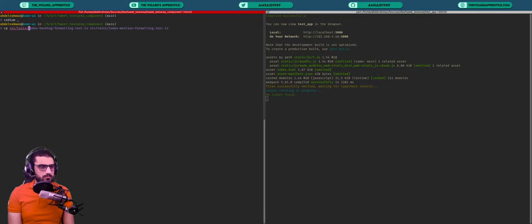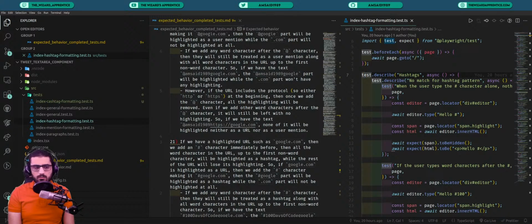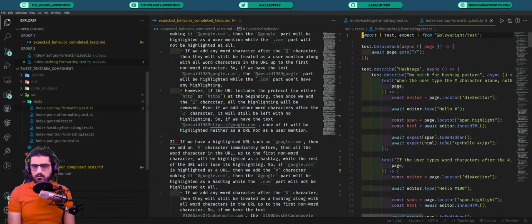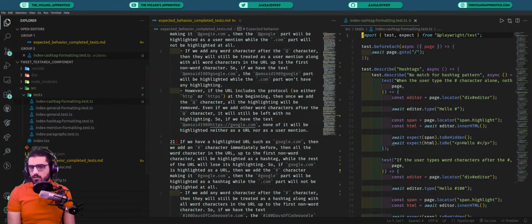cp source tests index hashtag, source tests index cashtag, and then let's just replace this like that, so it's cashtag instead, and then we can go here. Yep. So first thing,